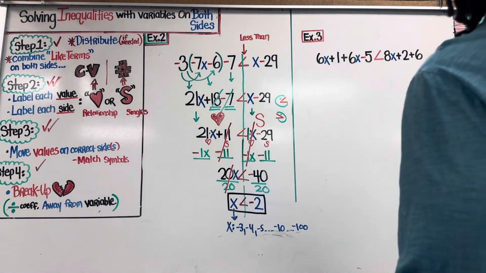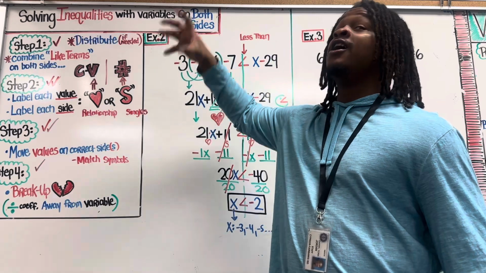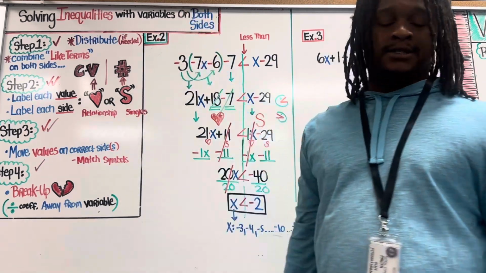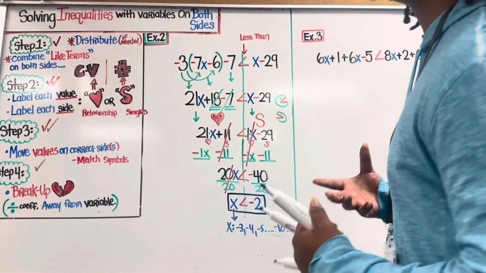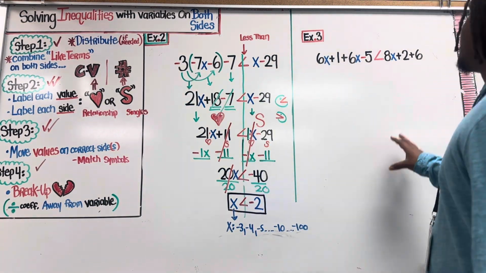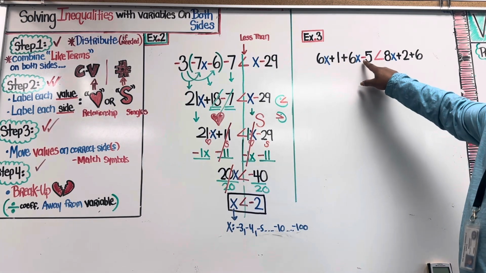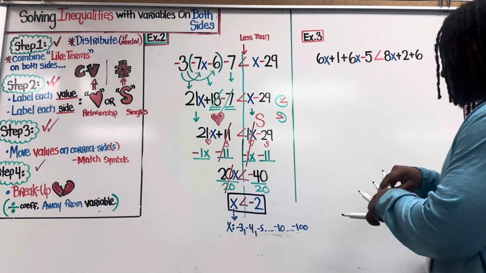Today, guys, I want to go over example 3 of how to solve inequalities that have variables or unknown values on both sides, okay? And a variable is an unknown value. It's a value that we need to solve for, right? So, in this particular case, guys, we have 6x plus 1 plus 6x minus 5 is less than,